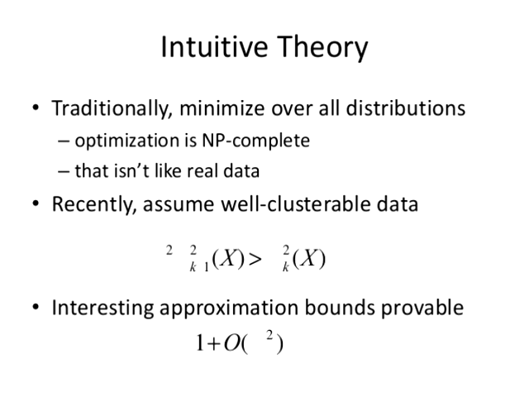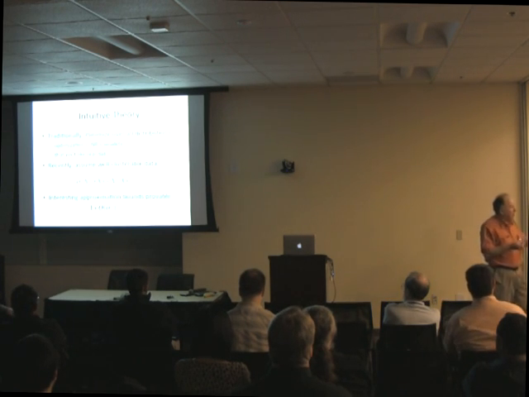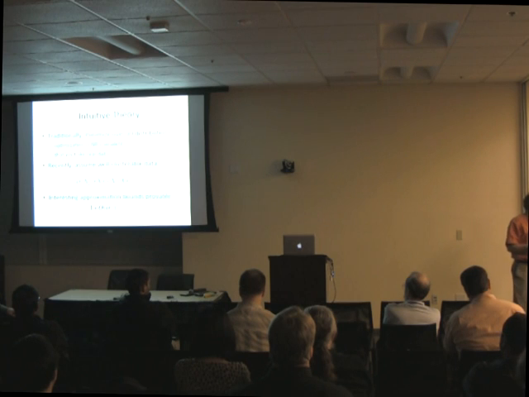So, here's a little bit of theory. And so traditionally, the way that clustering like this is done is we try to find cluster centroids which absolutely minimize, say, the squared distance, or the sum of the squared distance to all of the data points, from all the data points to the nearest cluster to each data point. And as stated, over all possible distributions of data, that's a nearly impossible problem to solve in a reasonable amount of time. It's incomplete. It's just not feasible.